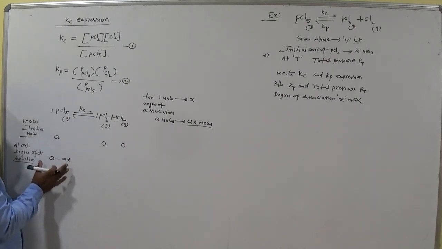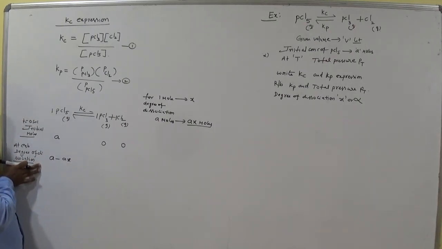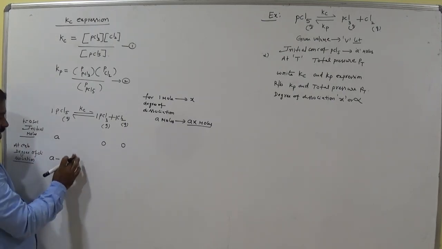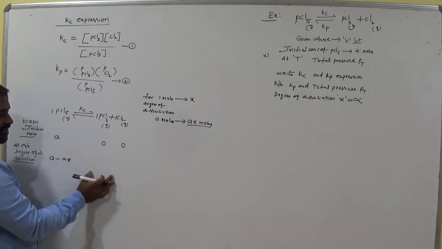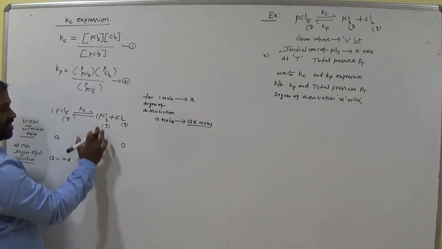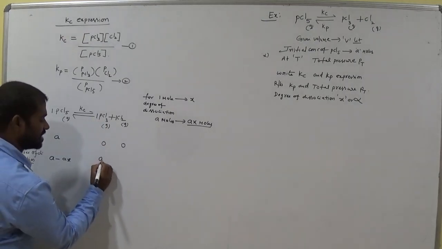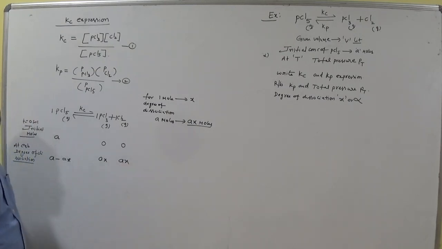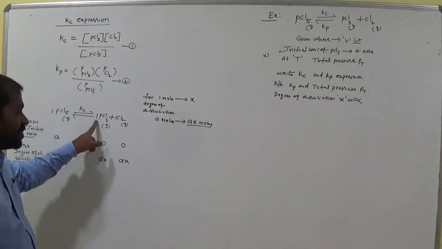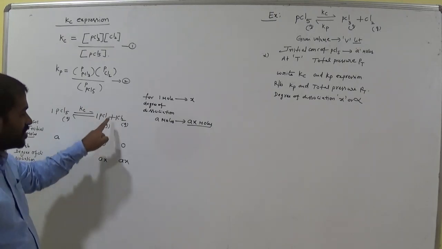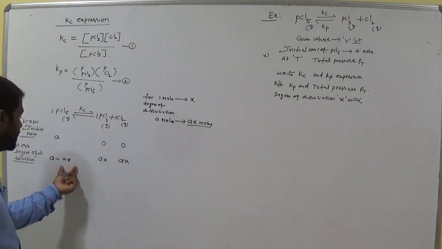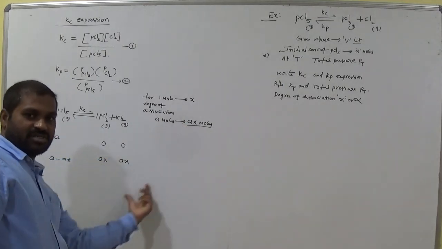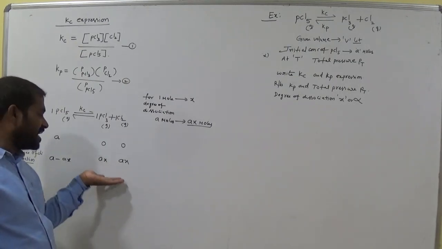So now these are the remaining moles at equilibrium. So at equilibrium, A minus Ax. Now how many moles undergo dissociation? Ax. That means how many moles are increased at the product side? Here we have 1 into Ax. Here we have 1 into Ax. Is it clear? You should consider these moles also. Suppose here 2 into Ax. Suppose here it is 3 into Ax. Here how many moles decrease towards products? Ax moles, you know. Okay. Now those moles are converted as product or not?